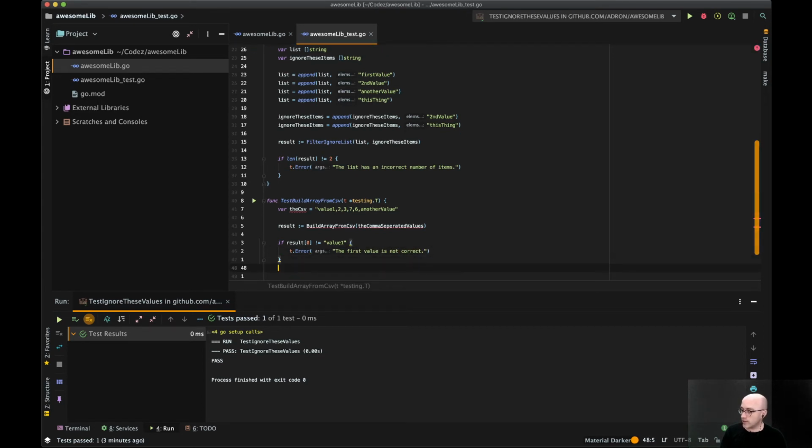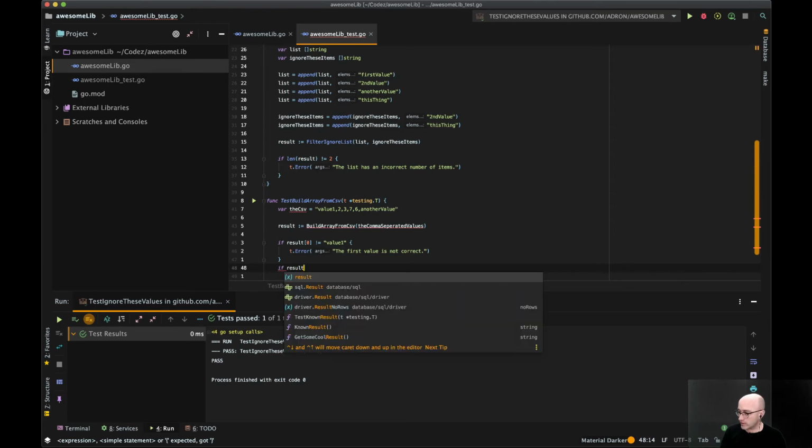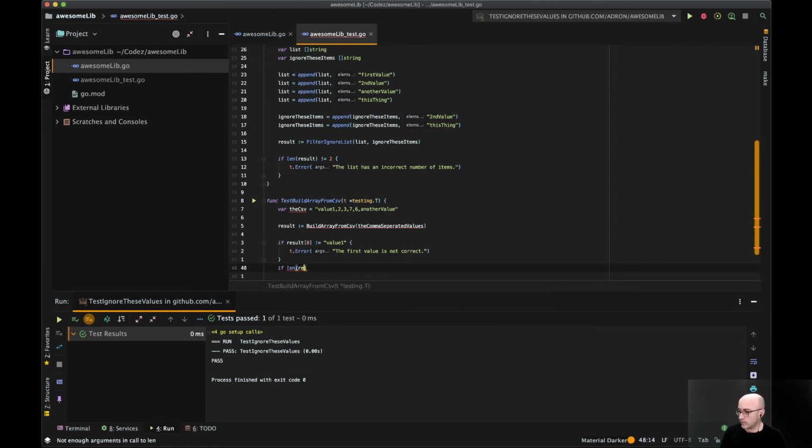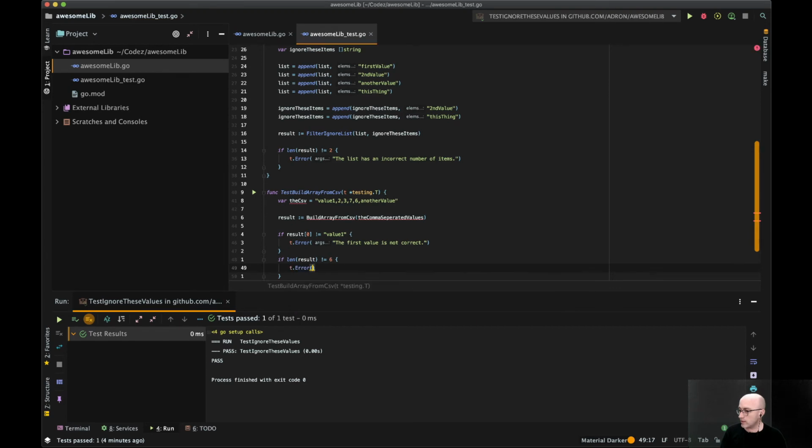And let's do an additional test in the test to test for cases within the overall function. So we'll say if the length of result is not equal to, what do we have? 1, 2, 3, 4, 5, 6 values. We'll want to throw an error on that one too. So t.Error, the returned array does not have the appropriate number of values.